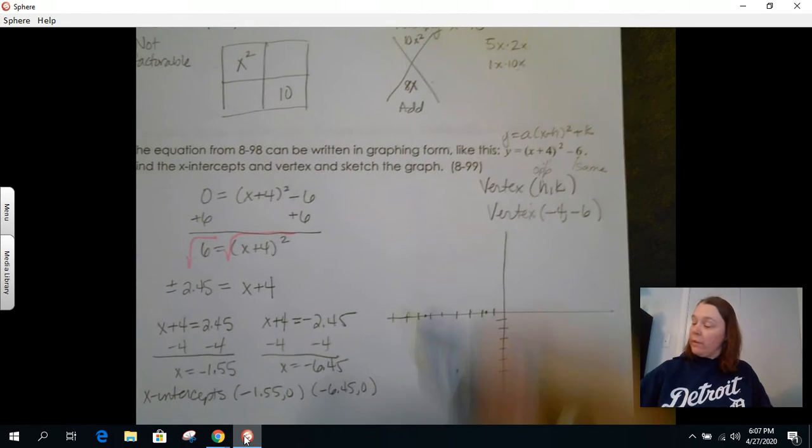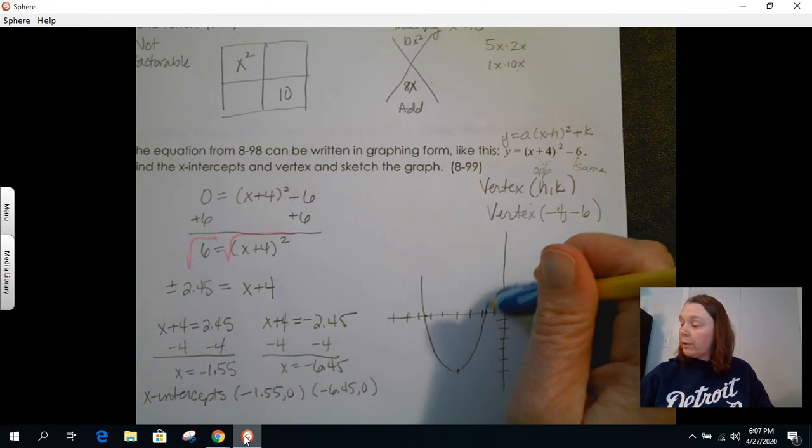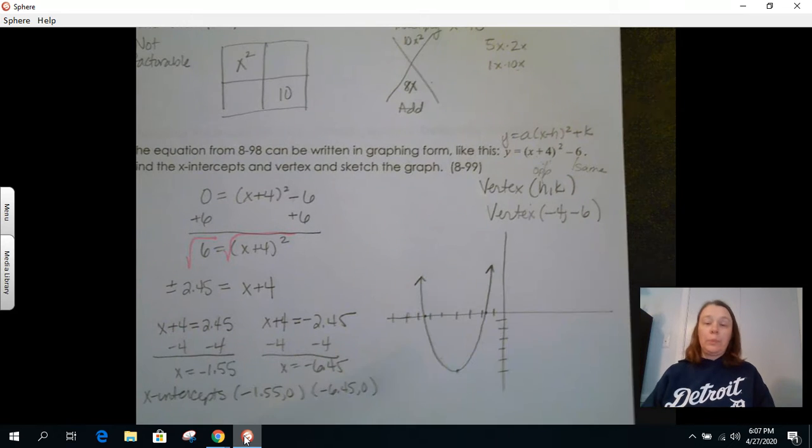Okay, and then once I have those, I can sketch my parabola through. Okay, so now the next thing we want to talk about is how can I go from standard form to